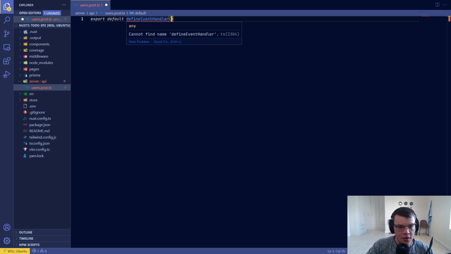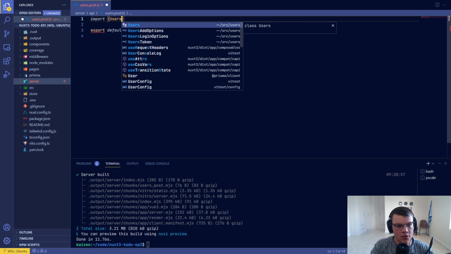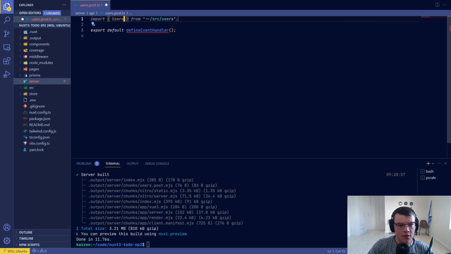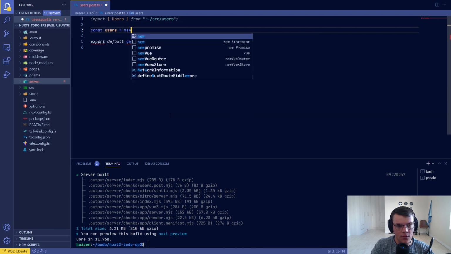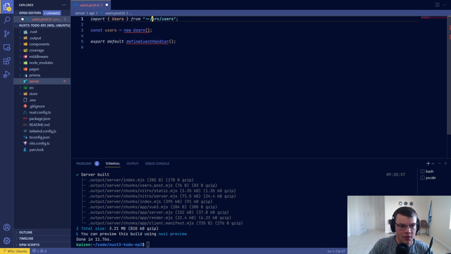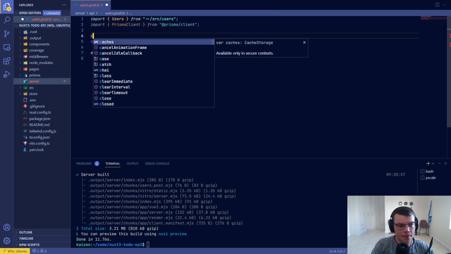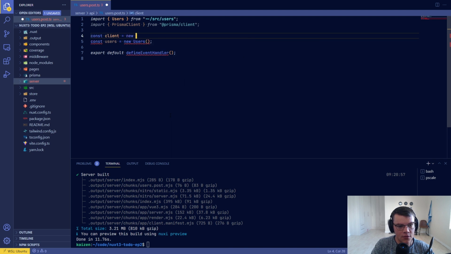And it's strange that it doesn't pick that up. Alright, while that breaks, I'm just going to do import users from that, and we'll do const users equals new users, and this requires a Prisma schema, so we'll import the Prisma client from that, and then we'll do const client equals new Prisma client, and in here we'll